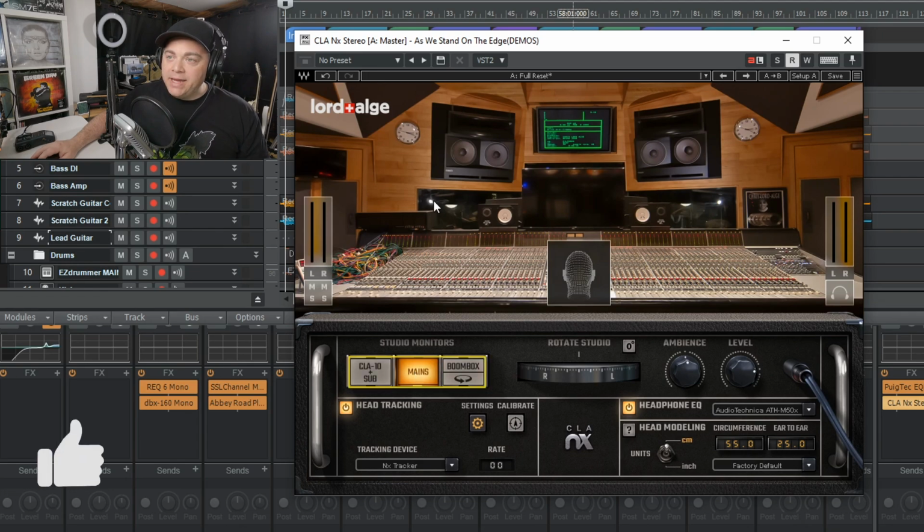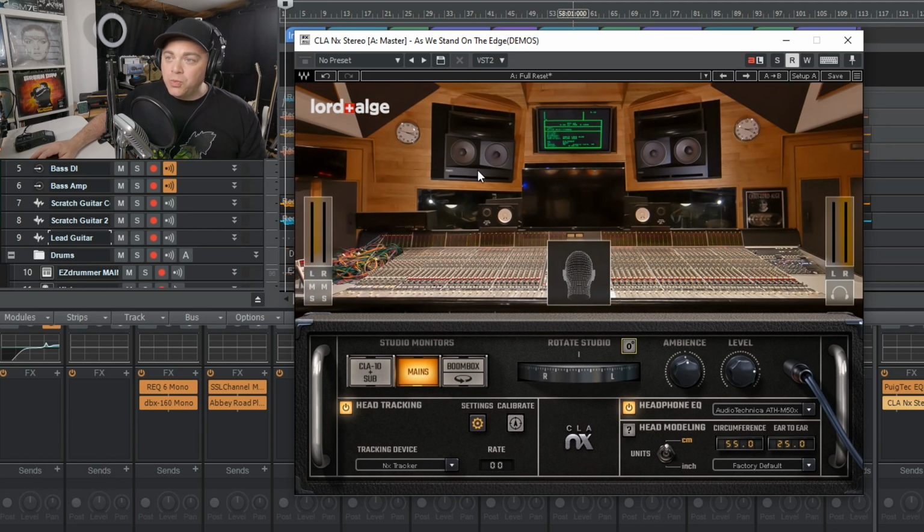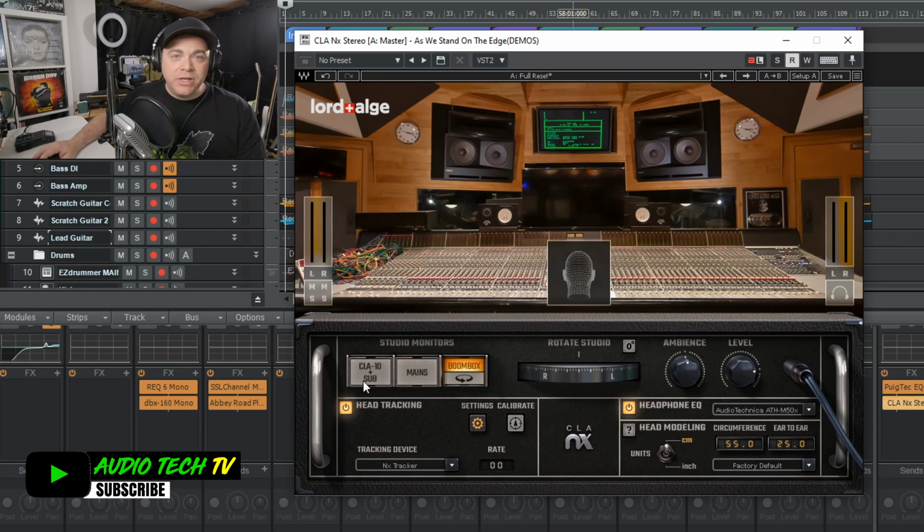And then you have your mains, which are the big speakers back here. And those are two 15-inch speakers with one horn per speaker. So a lot of bass definition in there. And then you have boombox, and this is just a Sony mini disc boombox that he has in his studio, so he can get a reference of what this might sound like in the real world. And this is a great addition because it allows you to have a more real world reference like what your listeners might have. So now I'm just going to play back my mix, and I'm going to switch through these speakers so you can hear the difference between each one.